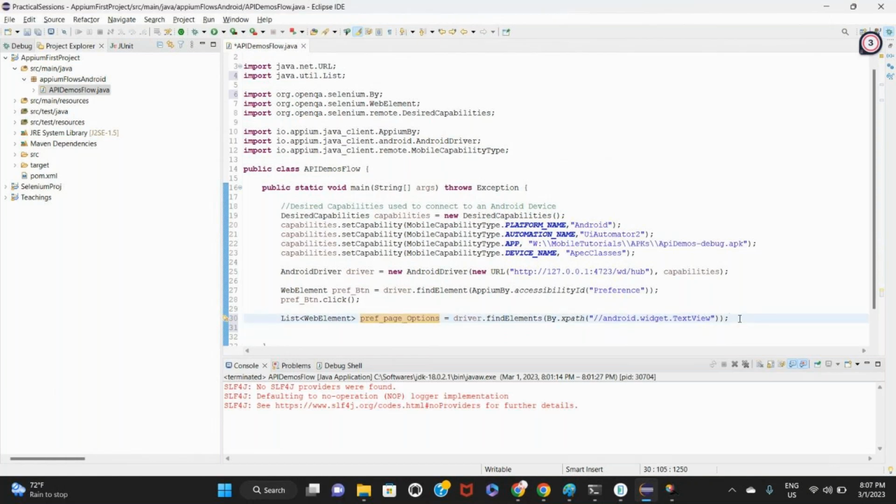Iterating through all the elements, you could do this using a for each loop. So I'll say WebElement, and each preference page option,